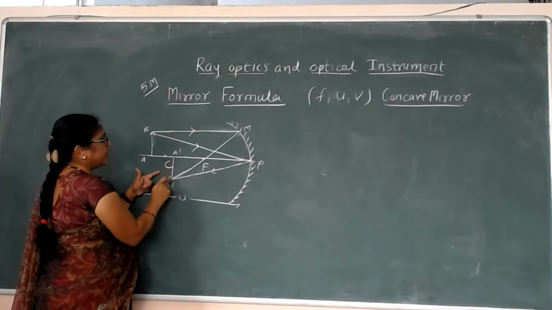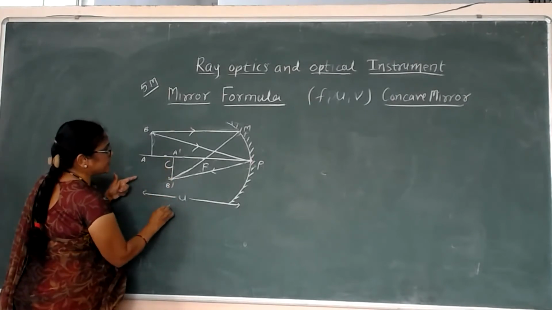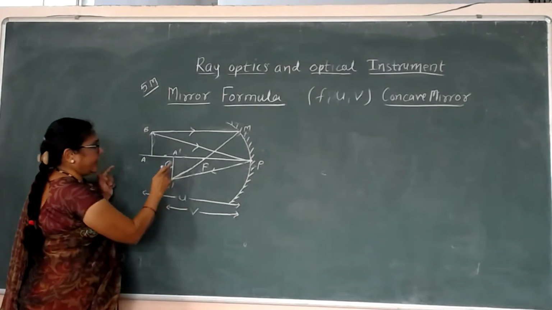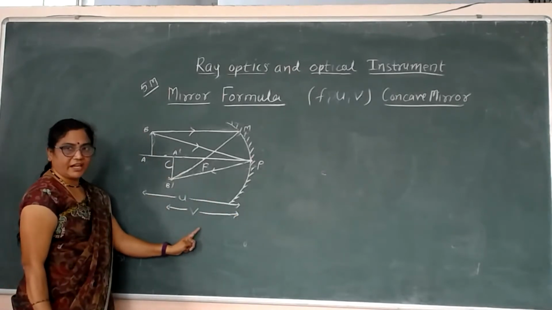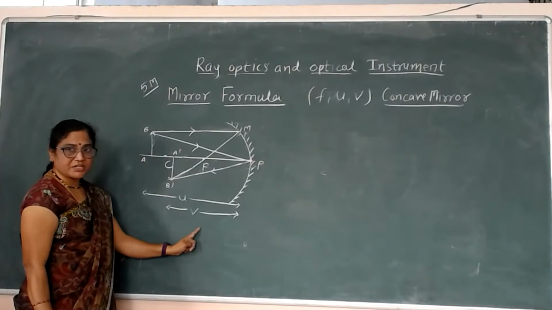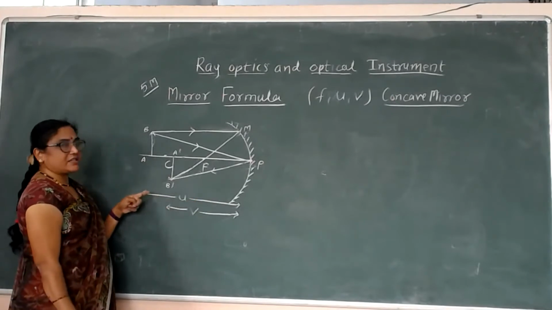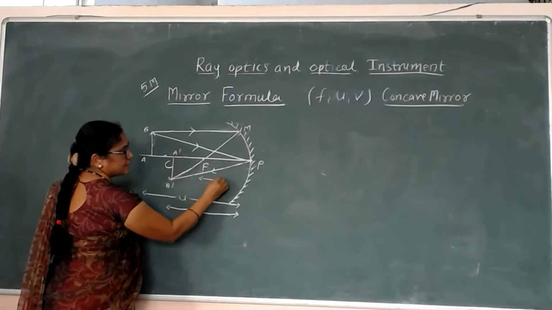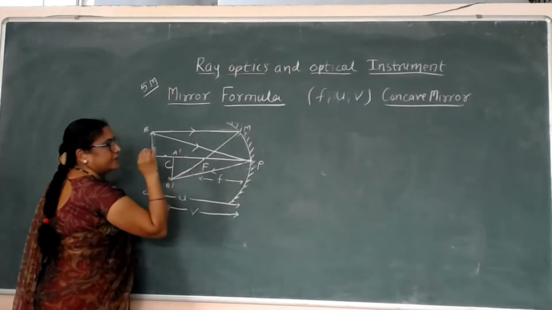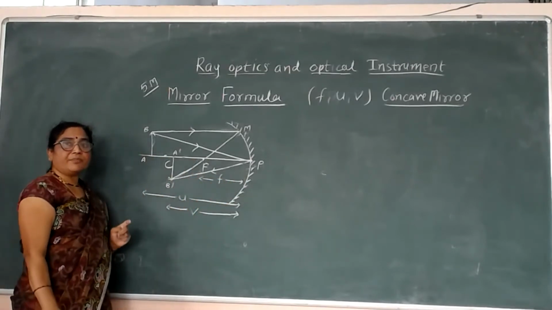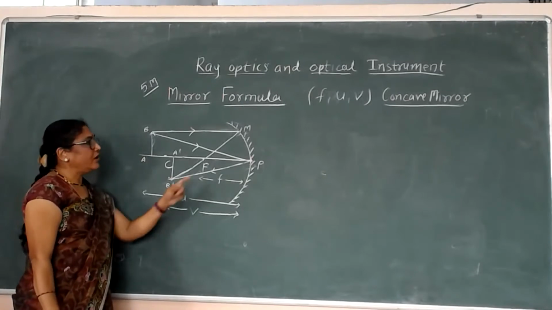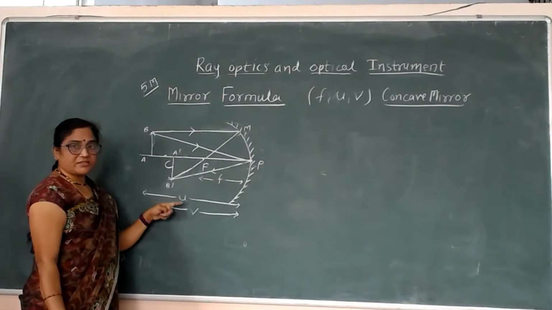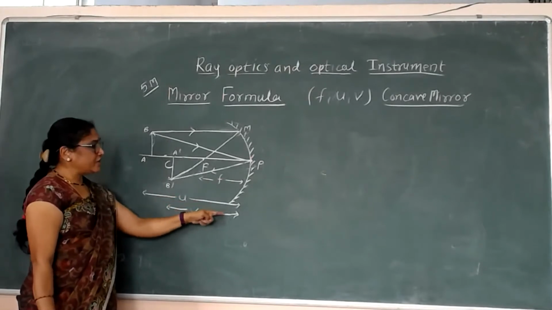Here the image is found. This distance is known as the image distance V. This distance is known as the image distance V, that is the image distance. This distance P to F is known as the focal length F. The distance between the pole and the principal focus is known as the focal length F. And this distance is the object distance U, and this distance is